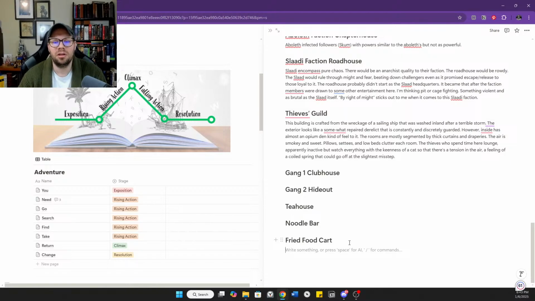So let's see here. Simple wooden cart with a wood stove attached.